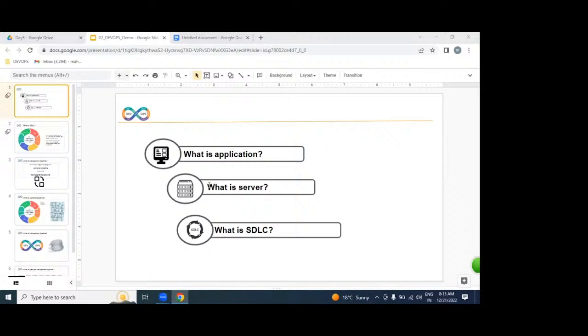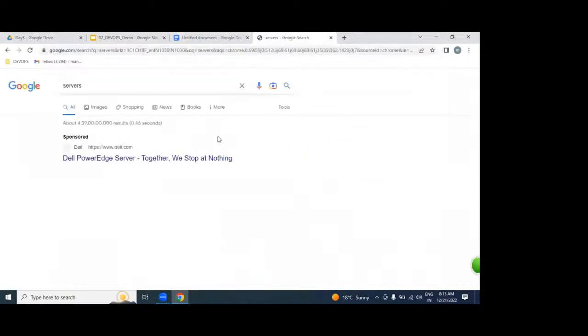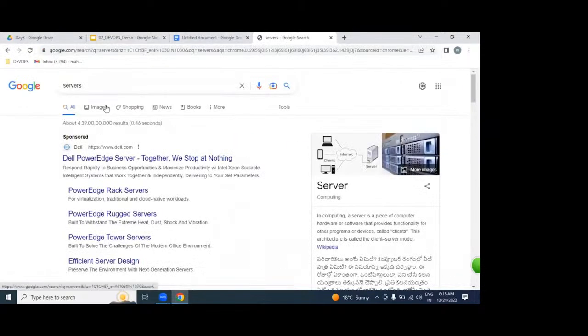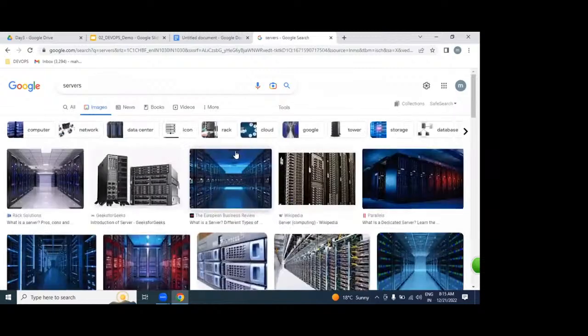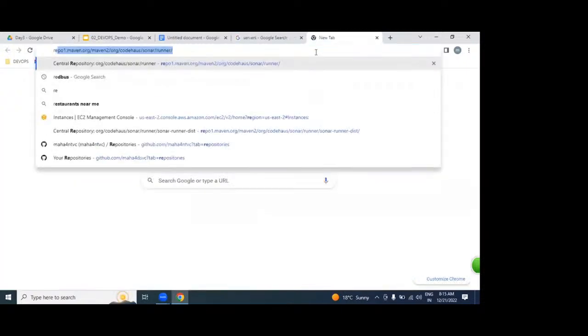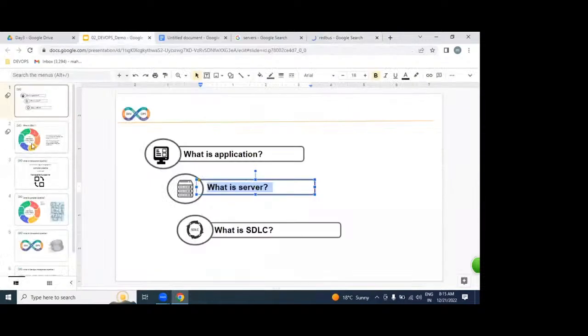That application we are going to place where? On the server side. Excellent. Once it is placed on the server side, we can access it on the internet as a website. But if you want to produce Flipkart or Redbus kind of applications, we are going to use SDLC.